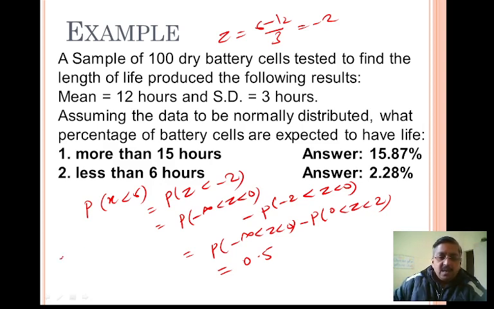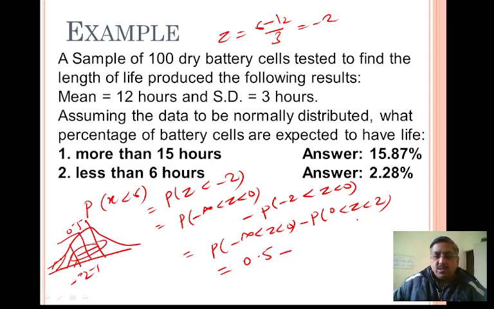You can trace it using any rough sketch of a normal curve, and here you can see that suppose this is -1, this is -2, right? So we are interested in the part where the shaded region is here. The shaded region, that means we are interested in this part, that is below -2, right? We know that the entire half is 0.5, and we can find the other part using the table, right? So we are subtracting like this. So 0.5 minus which value? The value for 0 to z to 2.